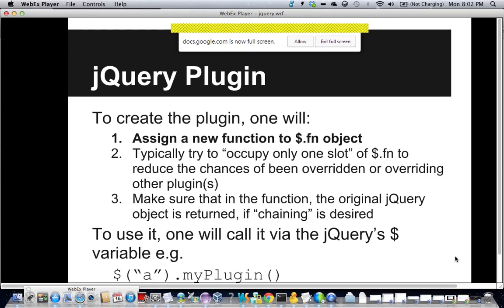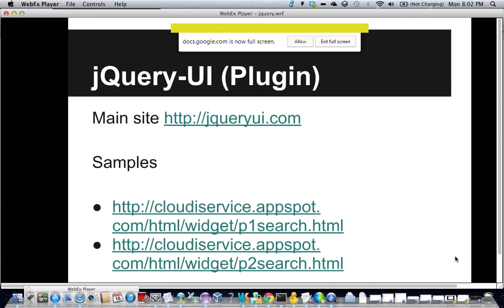Yeah, you can publish them too, and hopefully people will use it. So that's a good thing about open source. jQuery-UI is the most popular one. Thanks to Prakash for reminding me of that. I have used jQuery-UI for the